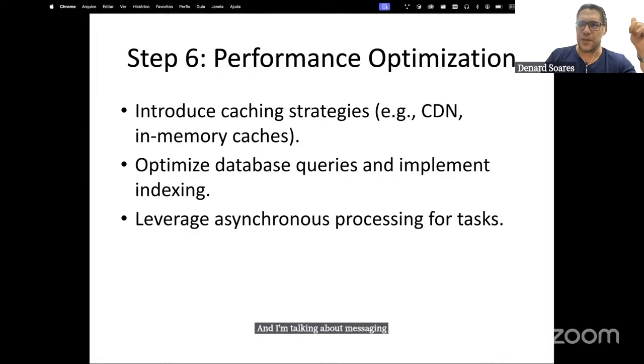If you want to talk about tools, we're talking about Kafka, RabbitMQ. At that moment, you can bring those concepts up from your sleeve and try to address those performance or even availability problems, okay? Try to approach them using some asynchronous solution. And the most used one nowadays is messaging, okay?